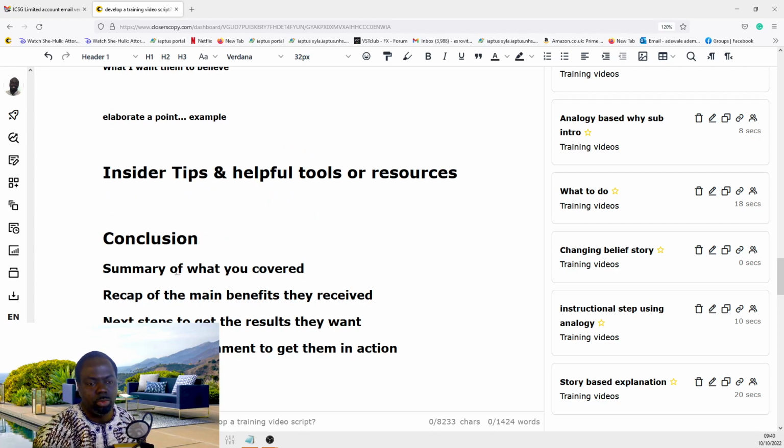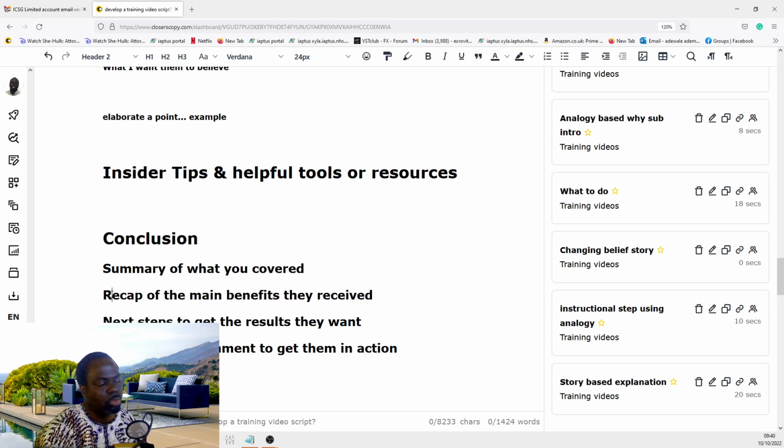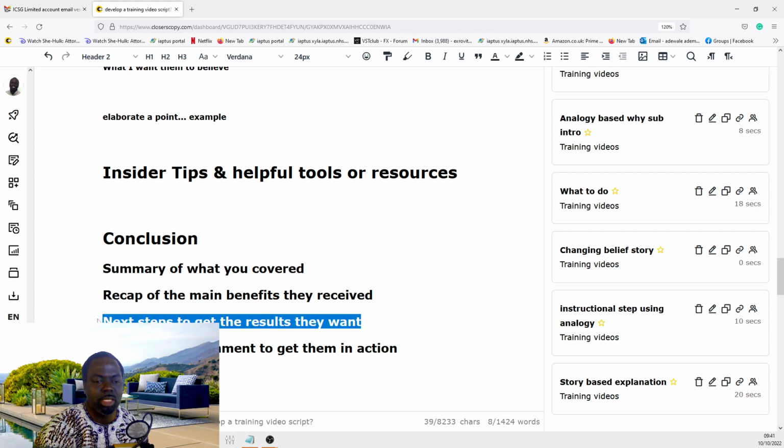And in the conclusion, we'll usually have a summary of what we've covered and recap the main benefits they received. And while we're doing this, we want people to go away thinking, wow, that has just been so good. This is going to improve my life. I'm so happy to have come across this, and I really appreciated this author. And then you give them some next steps so that they go away and actually start to put it into